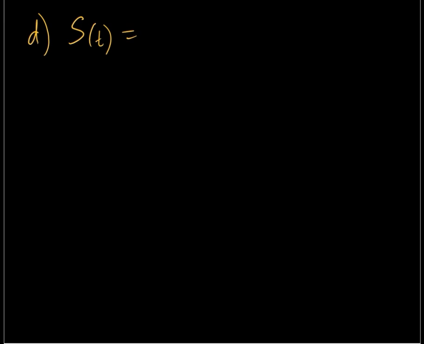So, s of t. We don't know what s is, it's a function of t, and this is t squared over 6 minus t. So this is a good candidate for the quotient rule. Let's again do this. Let's make this f of t, and let's make the bottom one g of t. And then using the quotient rule,